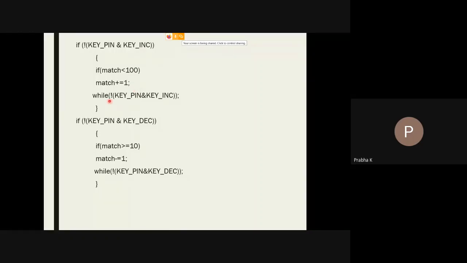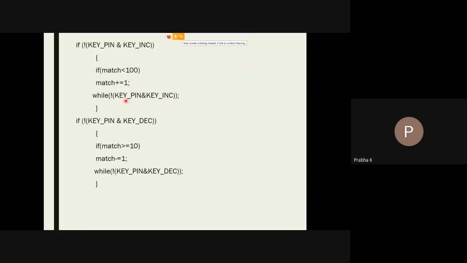But one thing you need to remember: you have to keep pressing that key. This is a user interface that we have provided here. We have to keep on pressing the key designated as KEY_INCREMENT, then only the motor speed increases. If you leave that key, ultimately the motor will run at the standard speed. You cannot observe the increment in the speed of the motor.